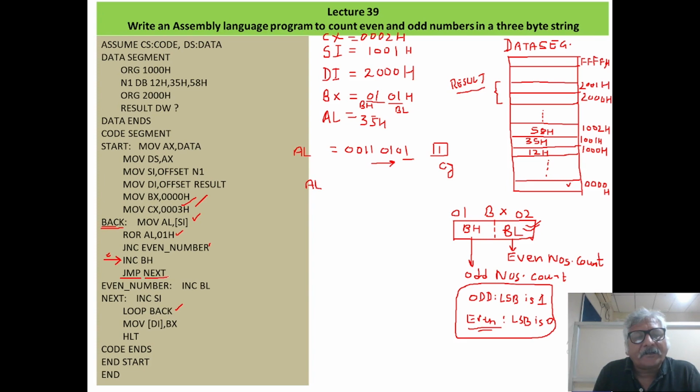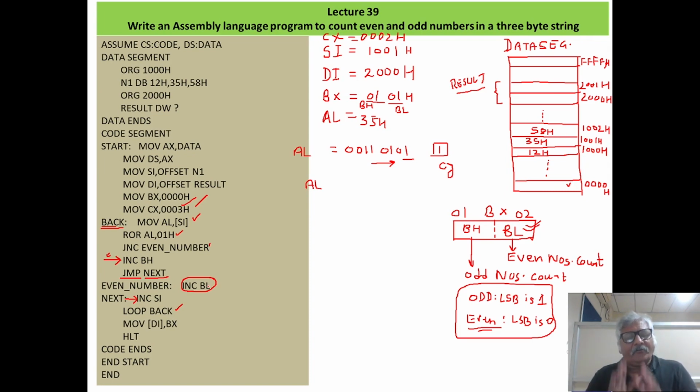After this, JMP next, right? So what this instruction will do, it will bypass this instruction and we will come to this place. Because if you will not write jump next, then INC BL will be executed and the content of BL will be increased. So we don't want that, right?